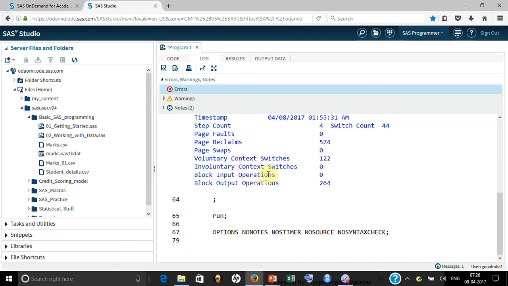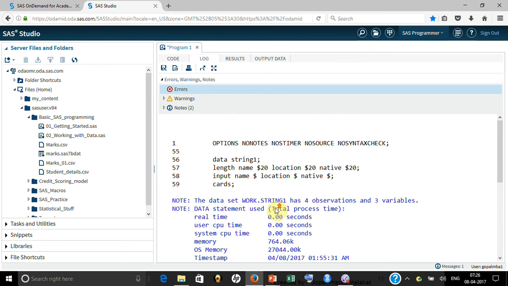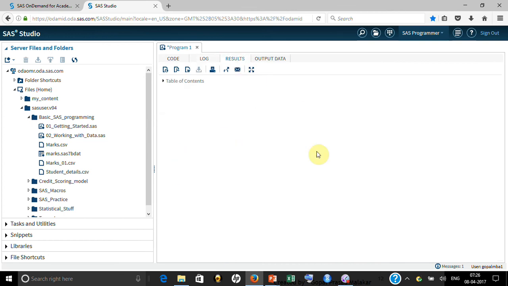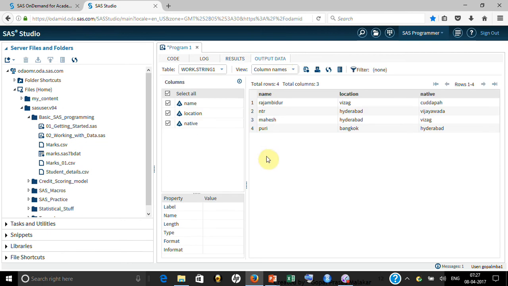But mostly what is important for you is the warning or error message, as well as how many records have been read. The result, here there is no result, that's why you are not seeing it. I will show you circumstances where you will get a result also. The data set that has been read just now is available here in the output window, and you can see it here.